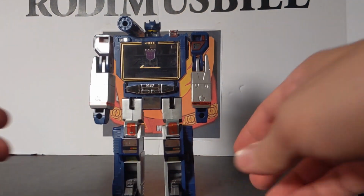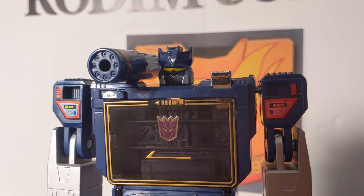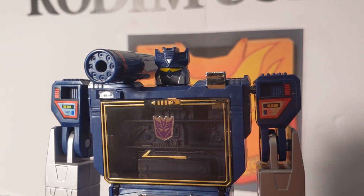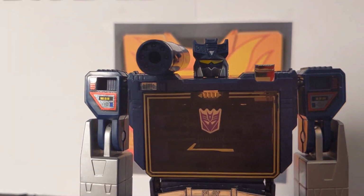Alright, now let's get a good look at Soundwave. First we'll take a look at his face. Not G1-ish, but none of the faces were G1 accurate. You got the blue, you got...